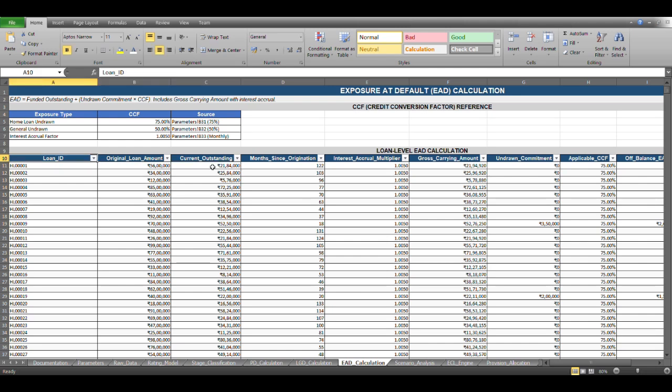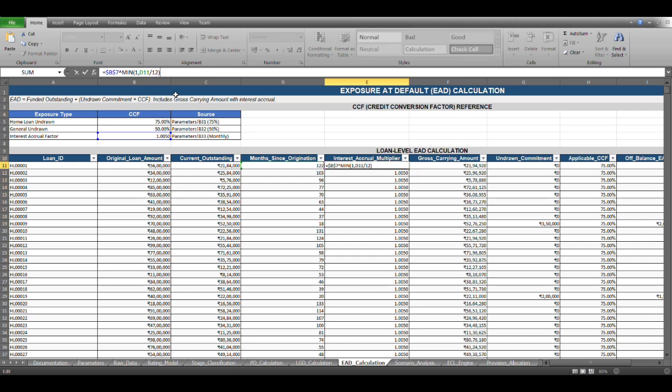So what are we doing here? The loan ID, the original loan amount, the current outstanding, months since origination, and then the interest accrual multiplier that we are computing, right? For how many months, and the interest accrual factor being considered. So D11 is my months since origination.